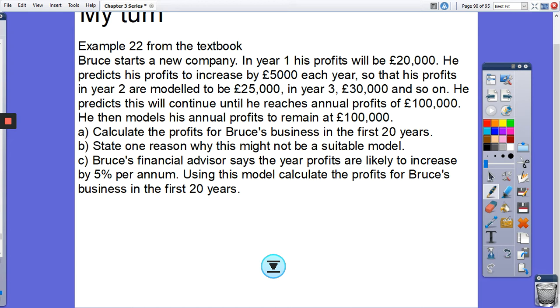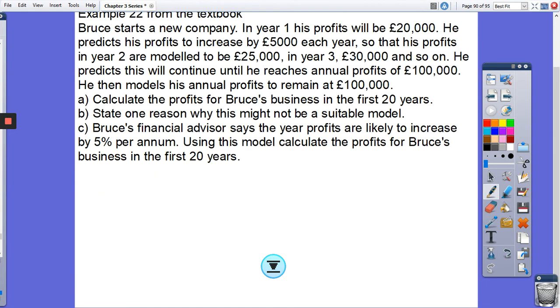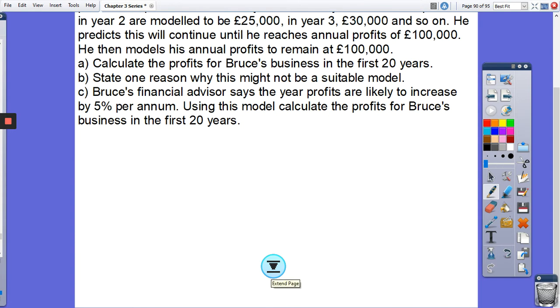£100,000. What we want to do, at least in part A, is work out how much profit Bruce makes in the first 20 years. Right, this is not a straightforward arithmetic series problem because you are going to have two bits. You're going to have the bit where the profits are increasing, and that will be an arithmetic series. But then you're going to get to a point where you're going to keep on having to add on